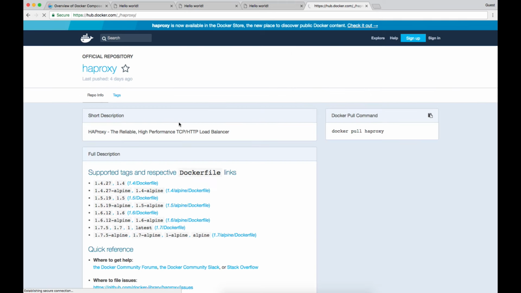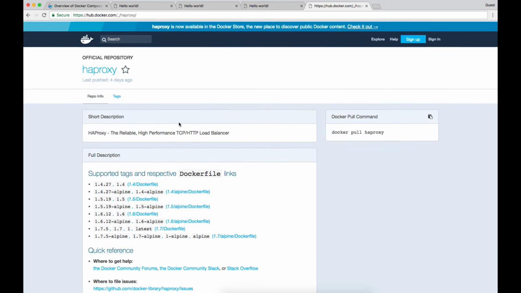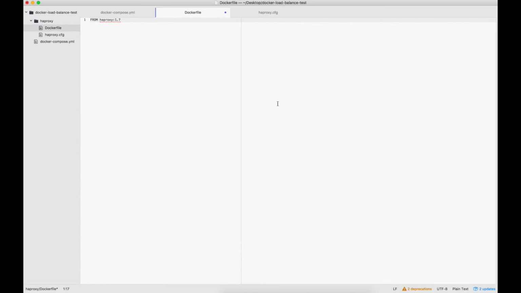So here you have all kinds of information about this image, but we're gonna copy our own configuration file in here. So haproxy.config,